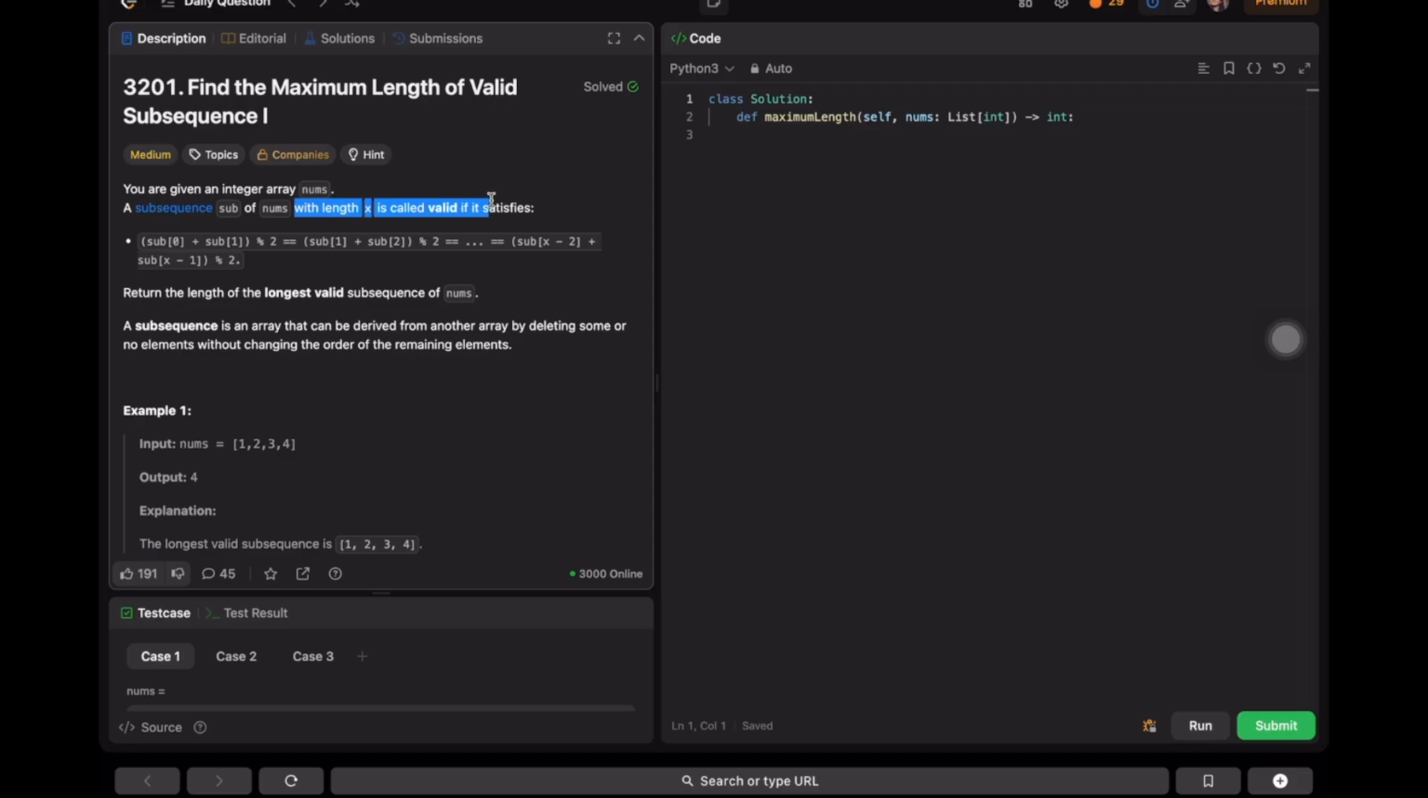A subsequence is nothing but you can remove anything in between. For example, here if you remove 2, whatever the remaining should validate according to the condition. In the subsequence array whose length you are going to return, if you take a mod of 1 plus 1 plus 2 is 3, right? 3 mod 2 is 1. That mod should be equal throughout the